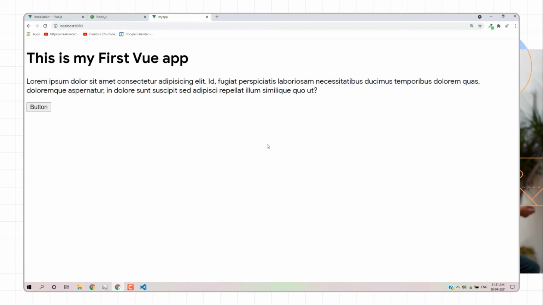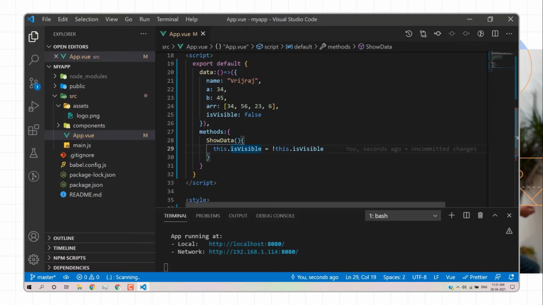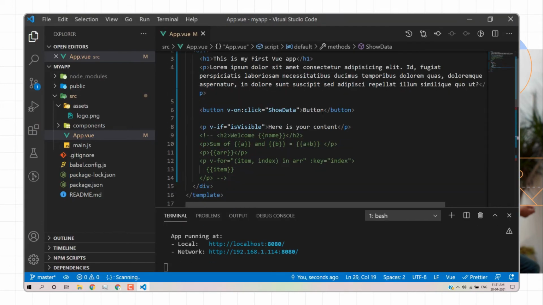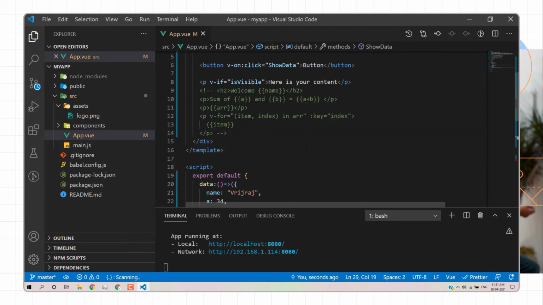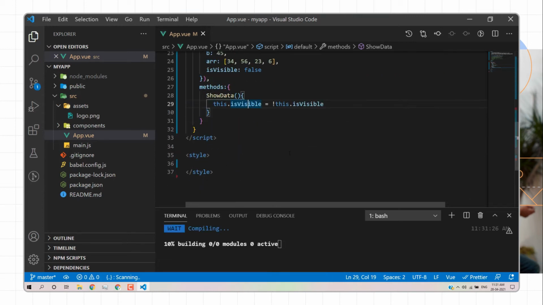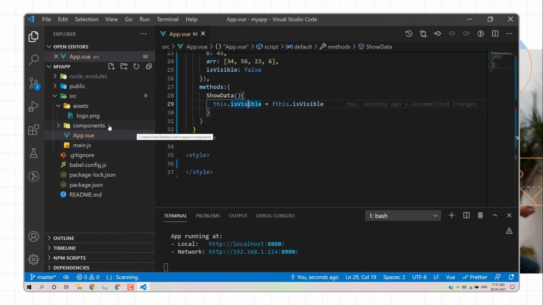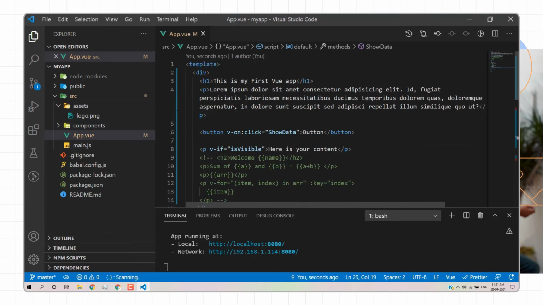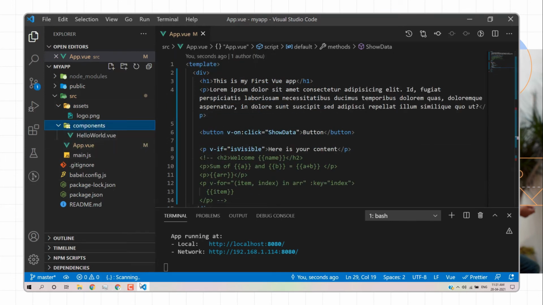Okay, so now I'll go to the component part. Why are we using components? As I told you in the scenario, each website can be divided into sections like navbar, footer, sidebar. The component approach is very easy if you are following the modular approach, and it will be easy for us. So in Vue.js, we can also create a component.